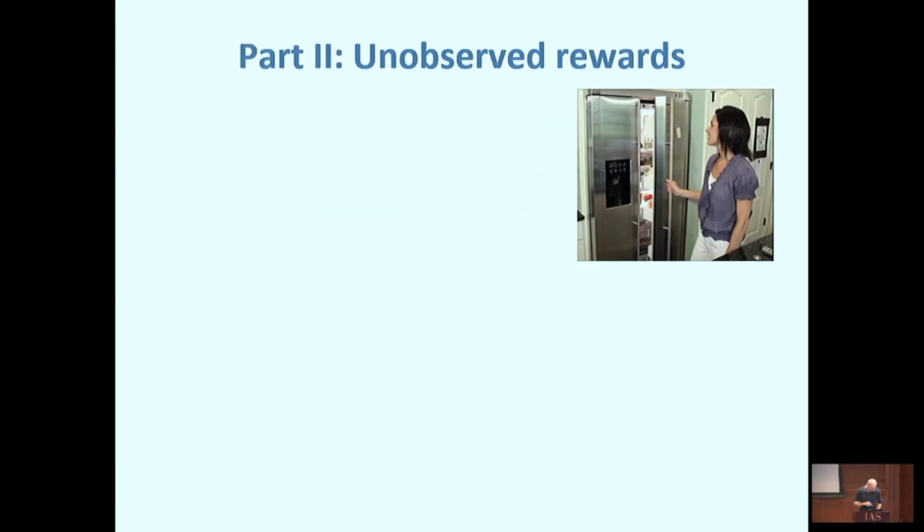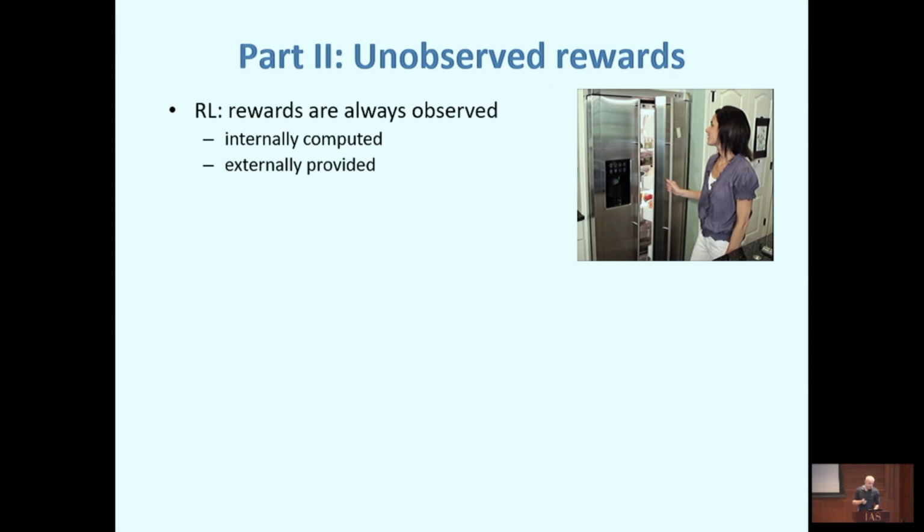please come to me. All right, so second part. I already mentioned that it's kind of weird that we assume that the states are observable. Any control person would immediately react, like, that's outrageous, you can't do that. But okay, we still do this. But we also assume in reinforcement learning that the rewards are observable,